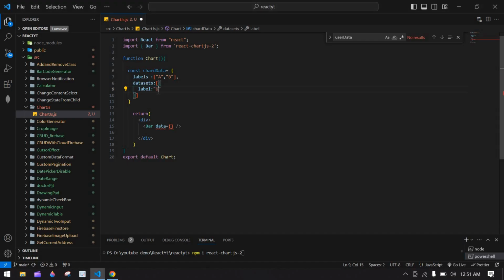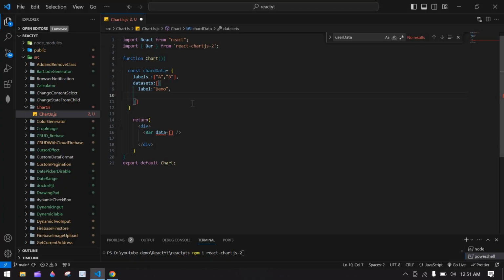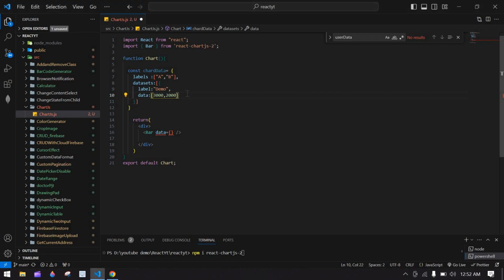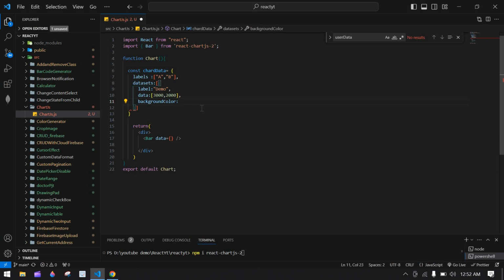Here this is demo, and after that you have to pass this data. Here you can pass values in it. Here I'm going to give 3000 and the other b value is 2000. And you can give background properties also. Here you can give background color to each and every bar. You need to add an array first. Here this is gray, and after that purple,